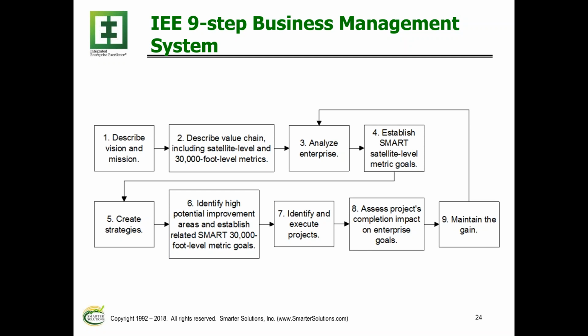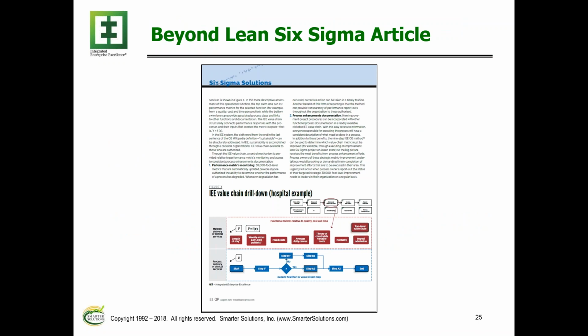Now, you notice step 9 loops back to step number 3. So you have somewhat of a Deming plan, do, check, act for the enterprise as a whole. So the big picture receives the most benefits from these process improvement efforts using this 9-step system. Again, to highlight this, process owners of strategic measurement improvements will be asking for these projects to get done. That doesn't happen traditionally in Lean Six Sigma deployments.